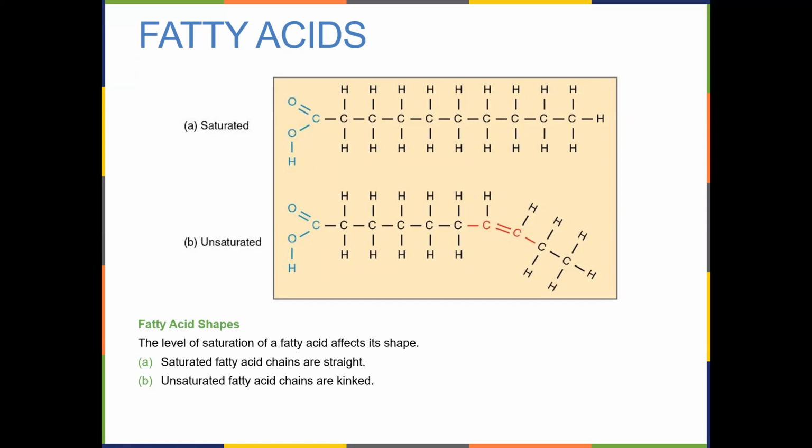The double bond causes the chain to assume a different shape. It causes the chain, the fatty acid chain, to bend at the double bond. It bends and twists and kinks, and it even rotates around the double bond. Sometimes it can even pinwheel around the double bond. And this doesn't allow the fatty acid to stay solid at room temperature.